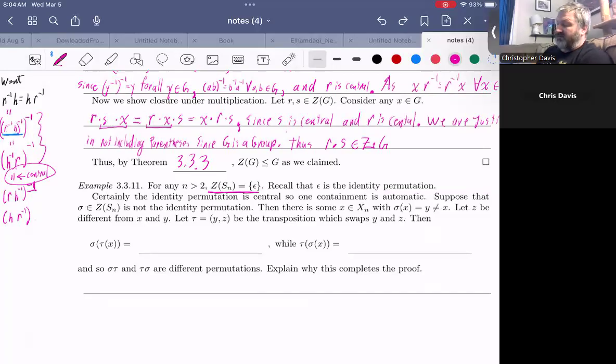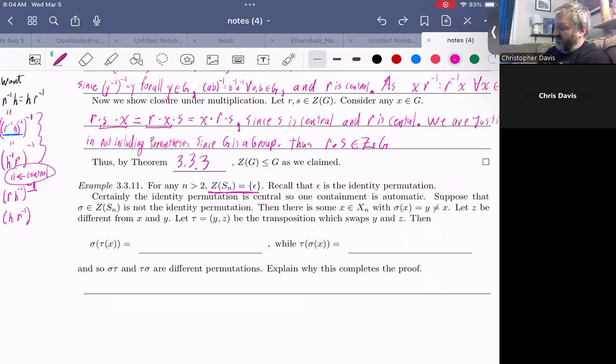All right, so if sigma is not the identity permutation, then it moves someone. So there's something in Xn which sigma sends to something else, Y. I now have two elements named in Xn. X is an element of big Xn, sigma of X, which I've called Y, is an element of big Xn, and they're not the same. So there's two elements so far. I am assuming that n is at least 3, so Xn has at least 3 elements. So there's a third element, I'll call it Z, different from X and Y. In order to come up with a thing that will fail to commute with sigma,